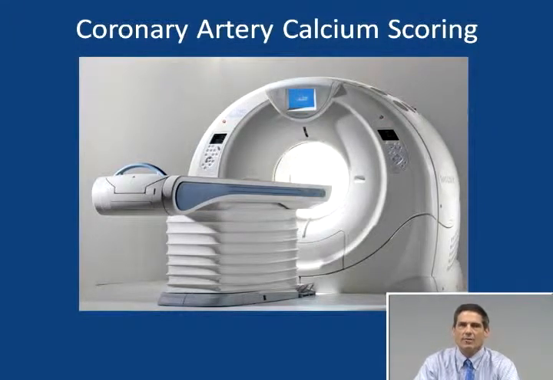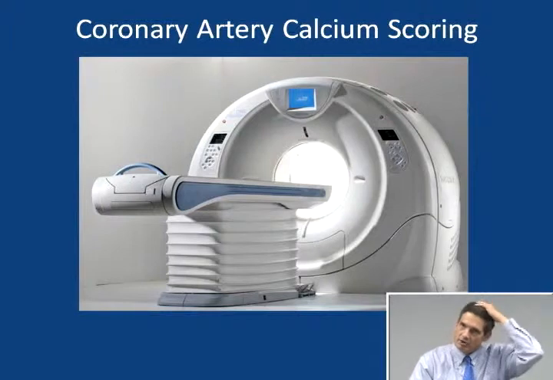or an additional test which can be helpful when the stress test is negative or equivocal. For the coronary artery calcium scoring to be helpful in this scenario, and we use it in another scenario I'll talk about in a second, the score has to be 0. One researcher found that if the score is 0 for the coronary artery calcium scoring, the annual cardiac event rate was less than 1% per year over the next 5 years. Another investigator found only one cardiac event among 48 chest pain patients with a calcium score of 0. That one event was in a cocaine user, and when you have cocaine users,